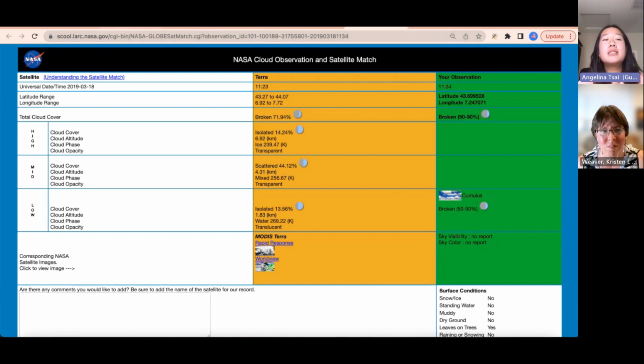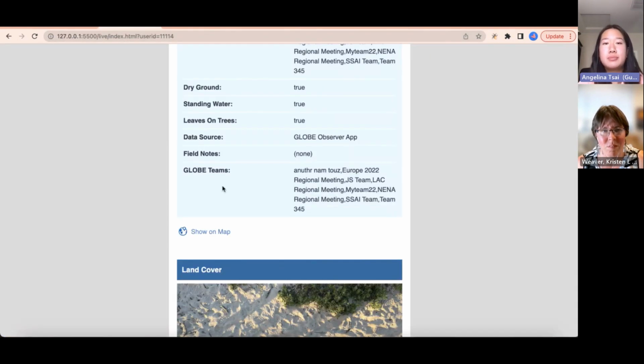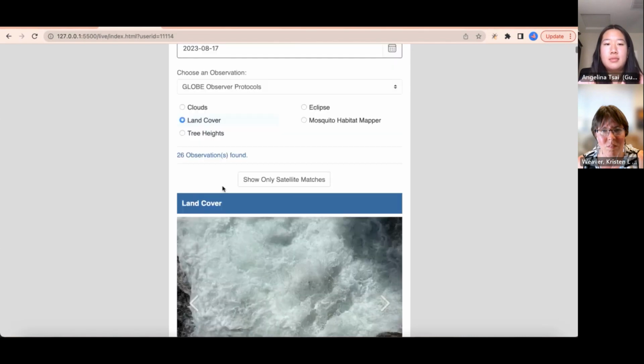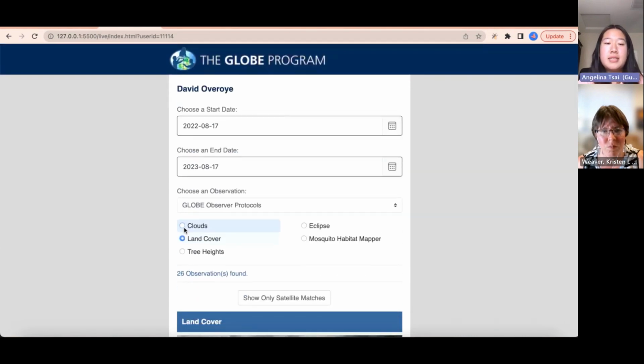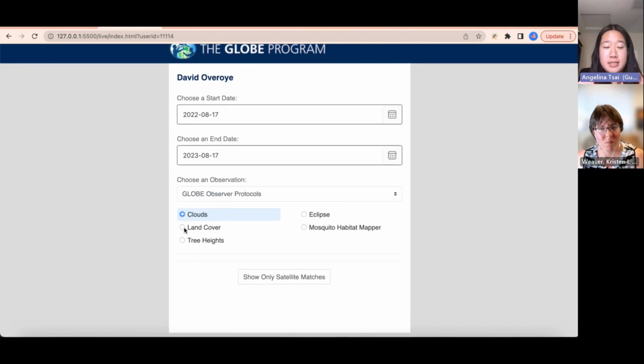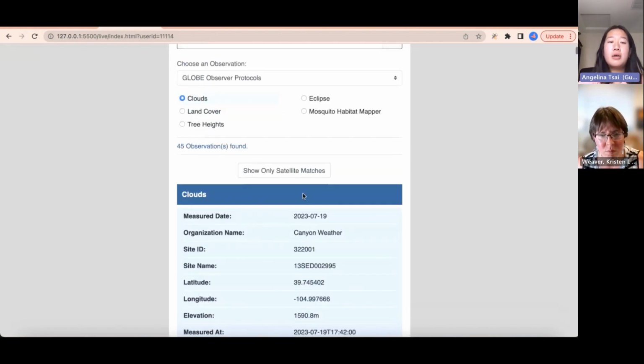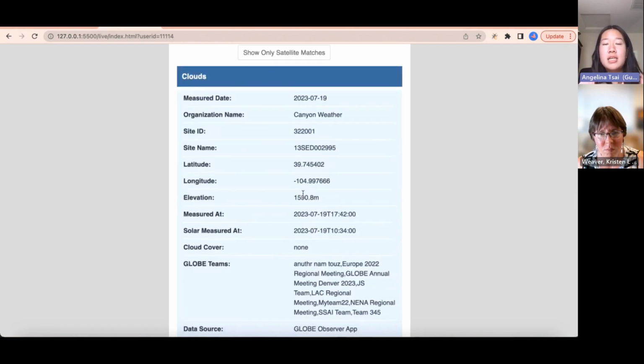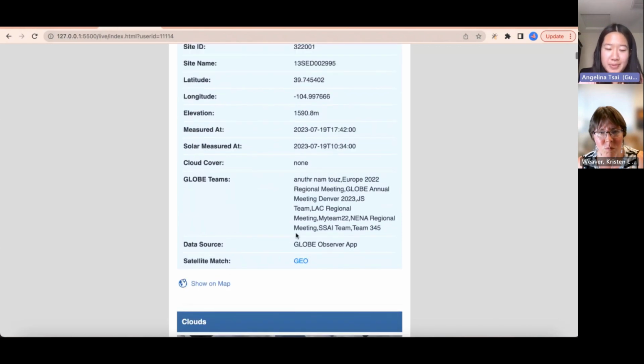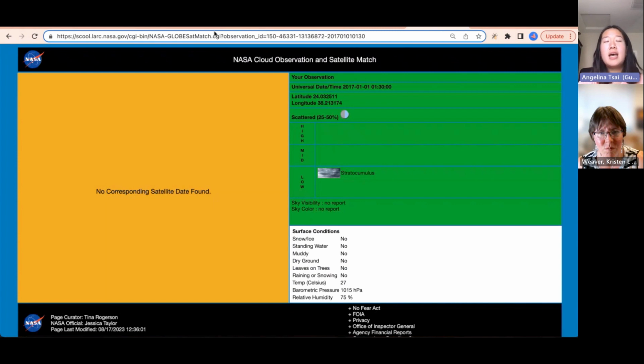But what it does is that it takes your observation ID, which is found within this cloud's data, even though it's not shown, and then it checks each page for it. It takes the observation ID, puts it into this web address, and checks if that page exists or not. And if it does exist, it reads the page, and if it doesn't, it reads something else back to you.